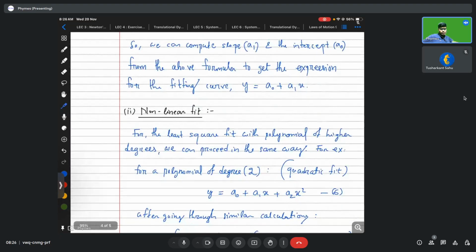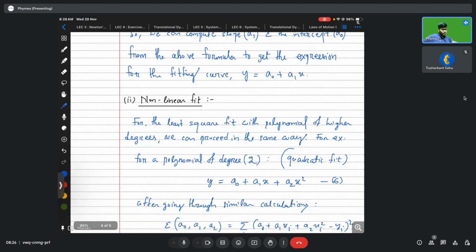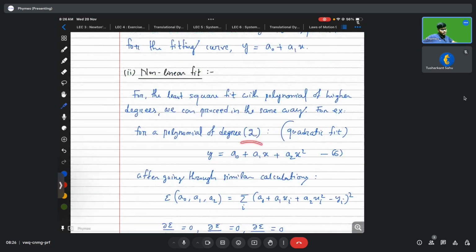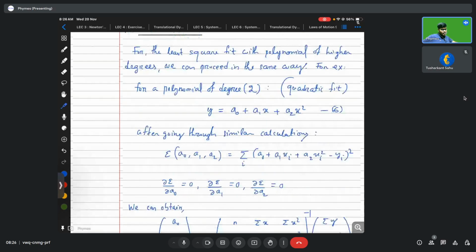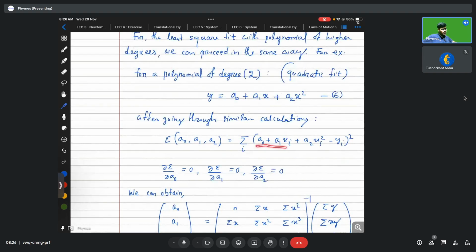And now similarly you can do the non-linear fit, that is not linear, and here instead of just taking a straight line, take a quadratic function of order 2. So the polynomial of degree 2, right? So this is your predicted function or predicted data. If you go through similar calculations, the error function will be like this, and it will have three parameters, a0, a1 and a2, and this is the difference between the predicted data and the actual data, and take their square. And now if you minimize the function